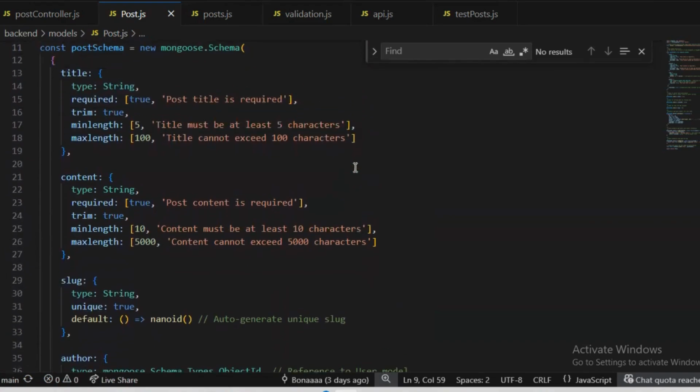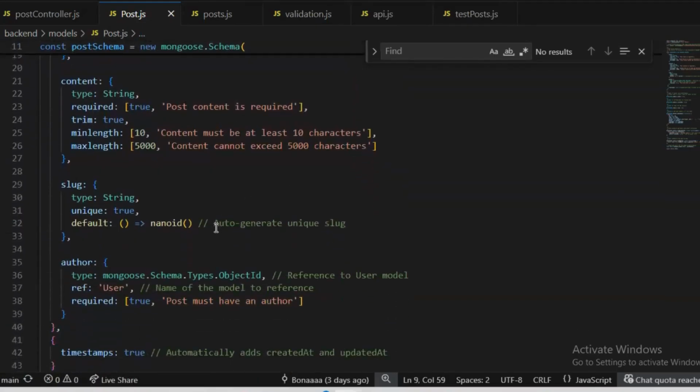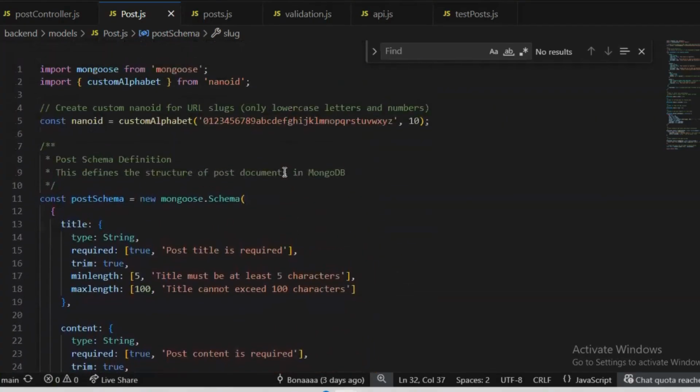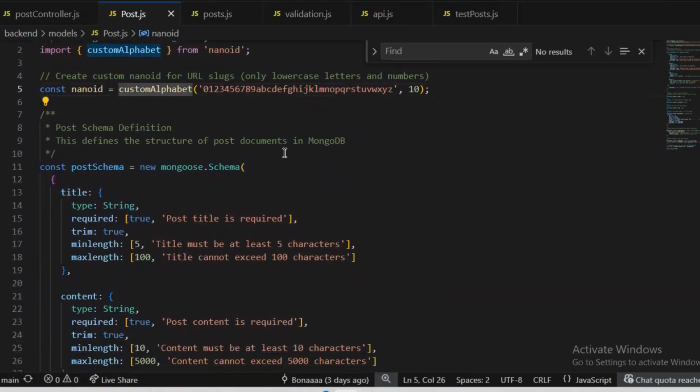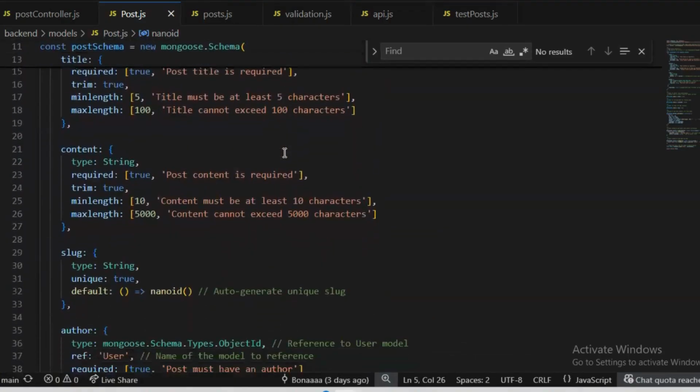And then on the post schema, you can see there's a slug field here. The slug field uses a default function that will call our prior custom nano ID and automatically generate a unique slug for every post.